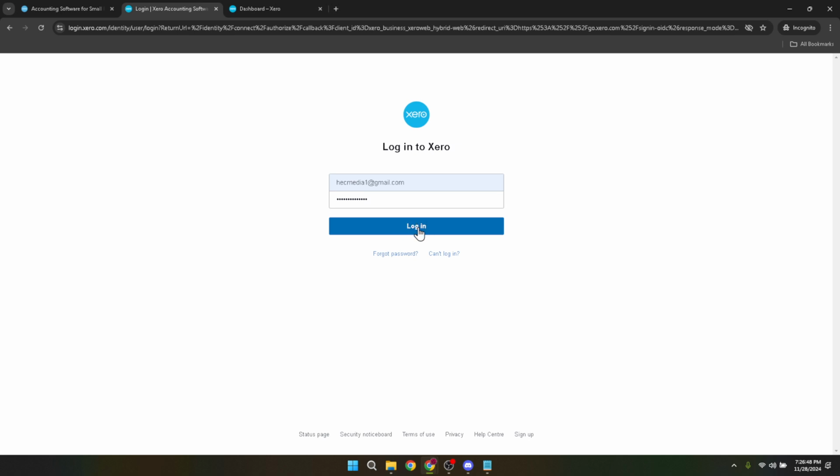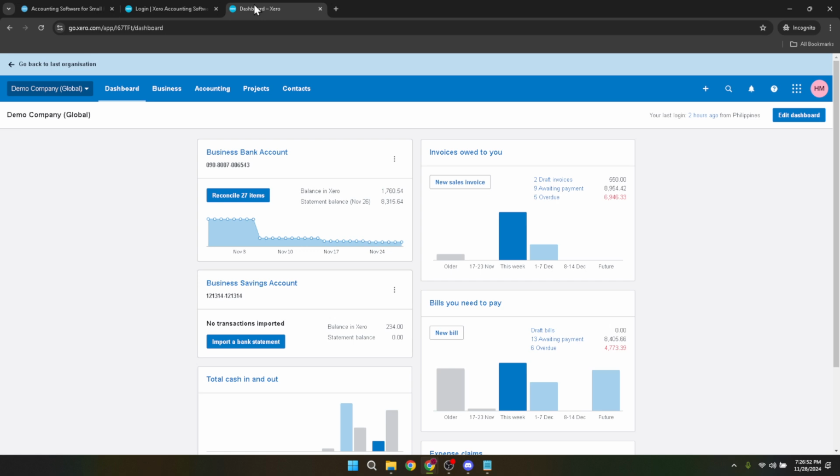Upon successfully logging in, you'll be greeted by the dashboard. This is essentially your command center in Xero, where you can navigate to various parts of your account. Look for the option labeled Your Organization. This might be located differently depending on any customizations or updates to the platform, so keep an eye out for it. After finding and clicking on Your Organization, your next step is to head into the settings.